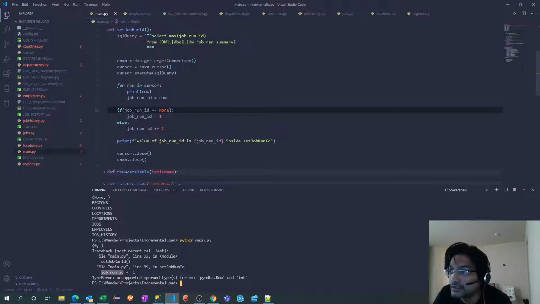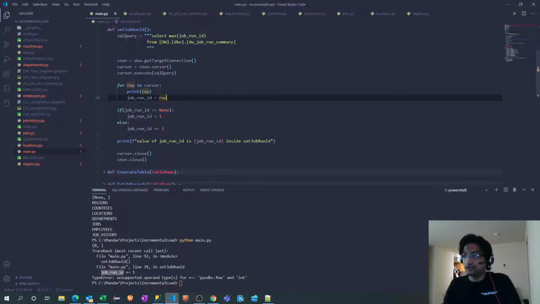Line 39, job run ID. What am I missing here? Oh, okay. I should not assign that as row. I should fetch the first element of it. Now it should work.